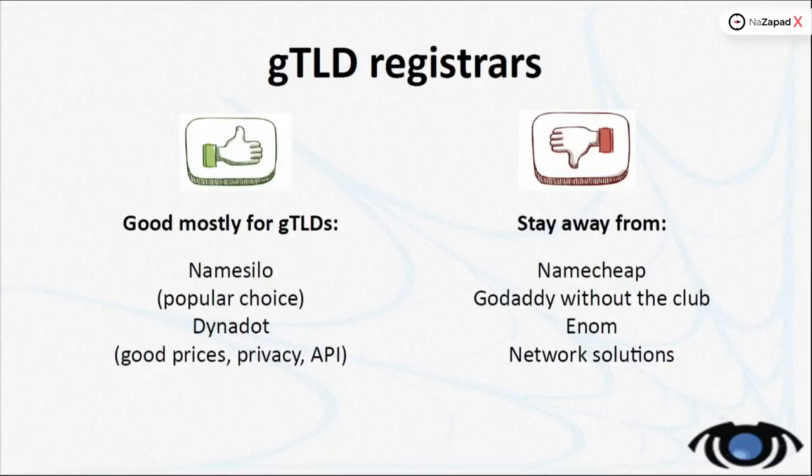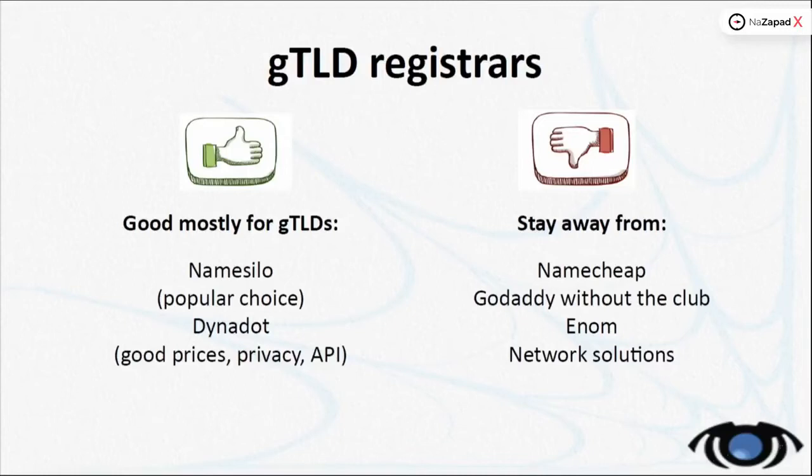So I'm going to mention first for gTLDs that Namesilo is the most liked one. We don't use it so much because we don't have a lot of gTLDs, but it's a very good choice with 100% positive reviews. Our personal favorite is Dynadot, which has good prices, also an API, and supports more TLDs. And something I like is that for each registrar I use, I know the boss. When you know the boss, you know that every problem, if it's just a matter of effort to solve it, you can solve it. And I also know that when the boss is decent, then the whole company is going to have good values and will take care of your domains well.